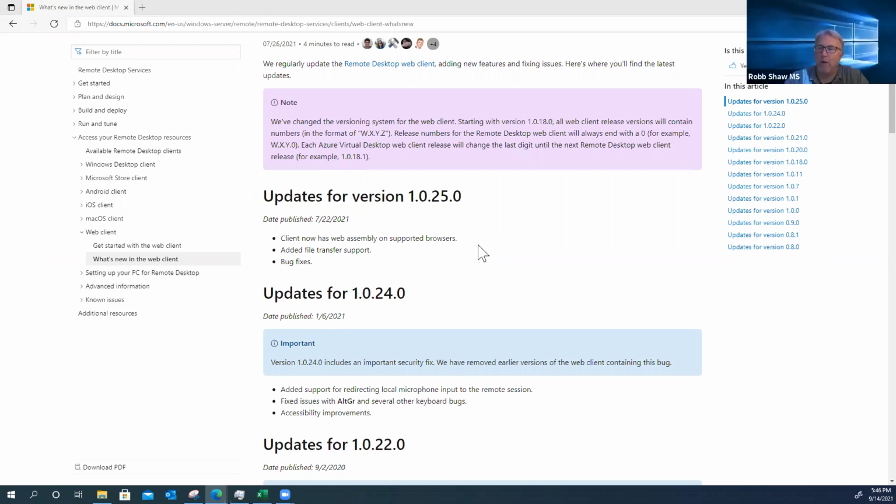Yeah, microphone in the web client was one of the key things that came out. I think folks were requesting that. It shows that all the players in this space, and Microsoft in this case, are taking the space seriously, and they've got to get those features in there if you want enterprise adoption, even for customers of all sizes.